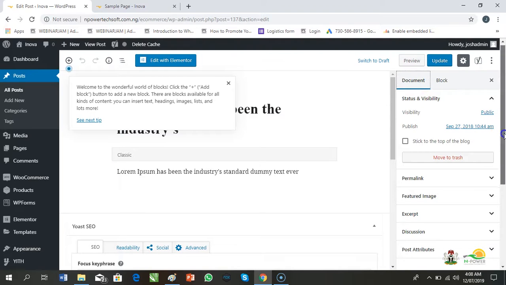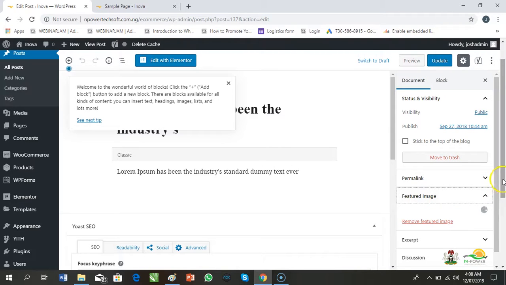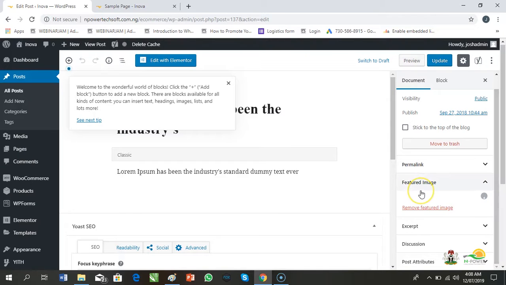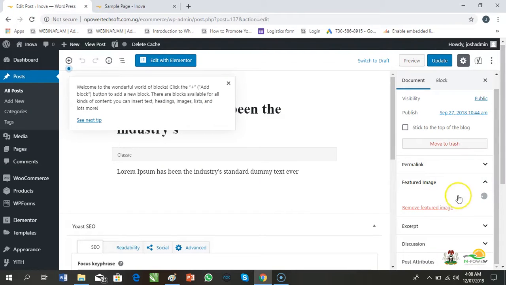For the document, your featured image is very important. The image you see showing on the slider is what is coming up here. Whenever you come to post images, they usually have featured images.